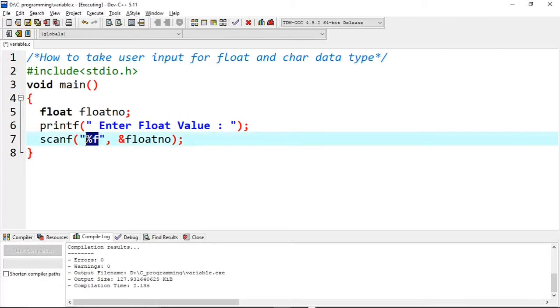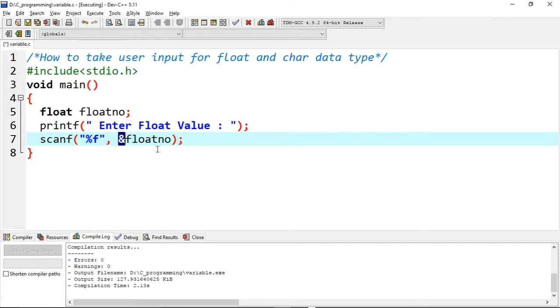You have to write %f, and then an ampersand. As I mentioned in the last lecture, this is the address operator. Whenever you write the ampersand, it is notifying the address part. Through this address part only we will take the input. This %f has to be written within double inverted commas, and don't forget to put the comma and then the ampersand and the float number.